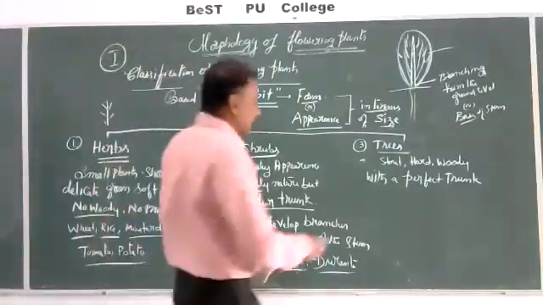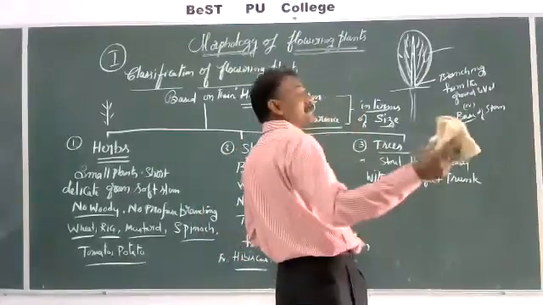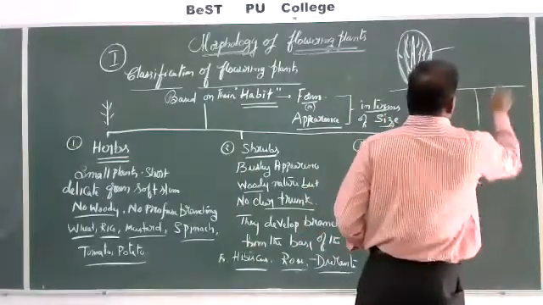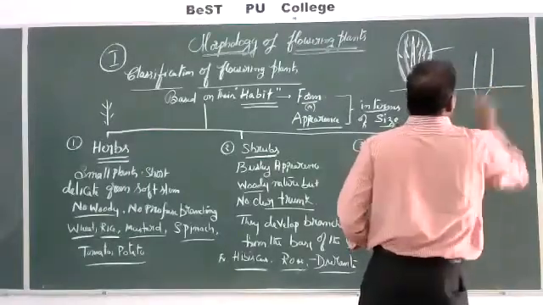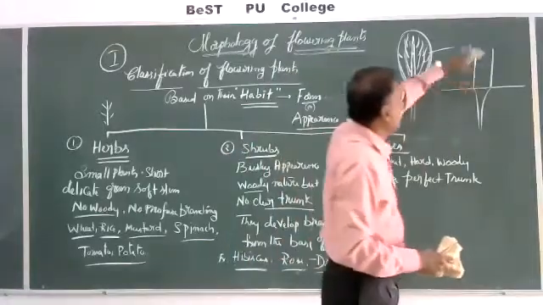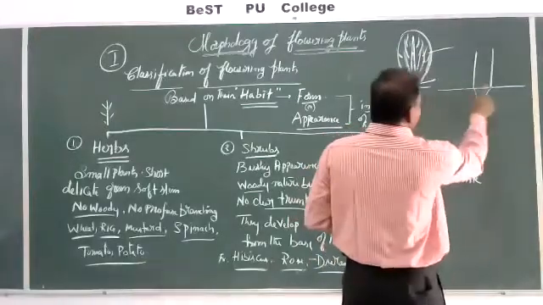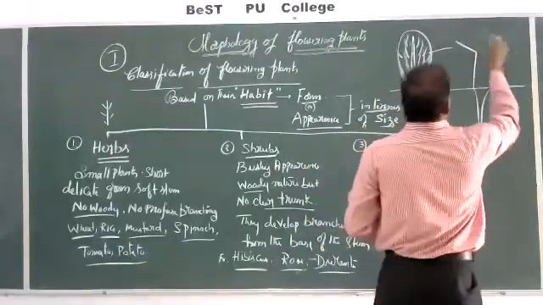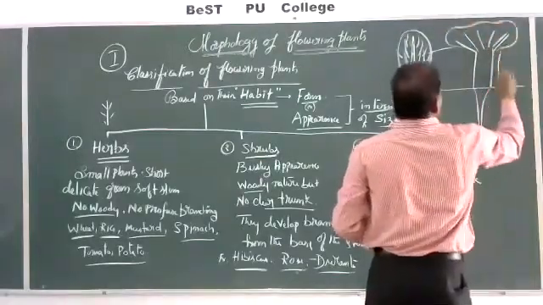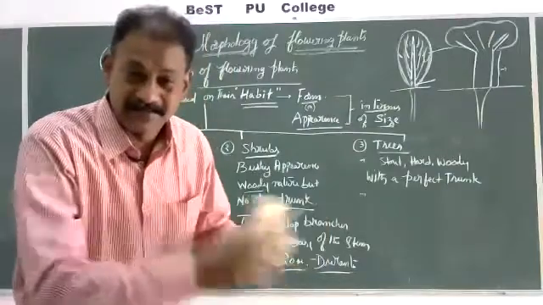So here, how to identify whether it is a tree or a shrub, not only based upon its size but the branching. For example, this is a tree, we don't know what is there inside. Here, the branches develop after a certain height, starting from the ground. Branches do not develop at the ground level like shrubs. Branches will form after some height. So the distance between branches in shrubs and trees is different.